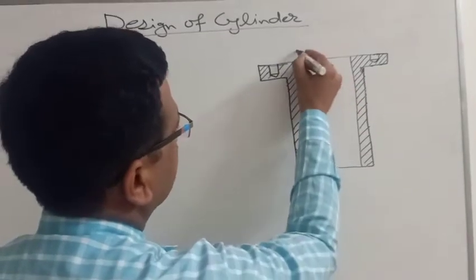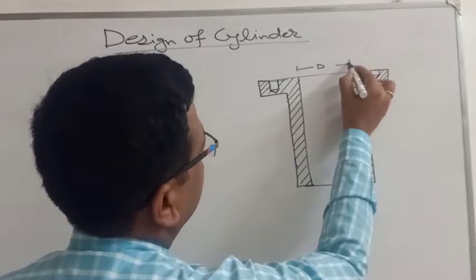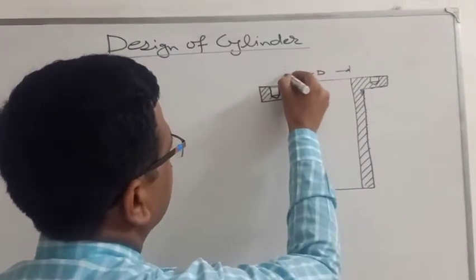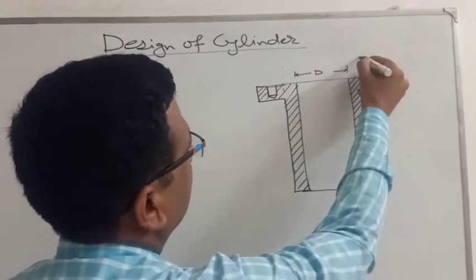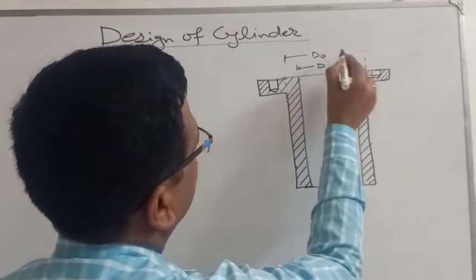In this cylinder, this diameter is known as the inside diameter of the cylinder or bore diameter. This diameter is the outside diameter of the cylinder,